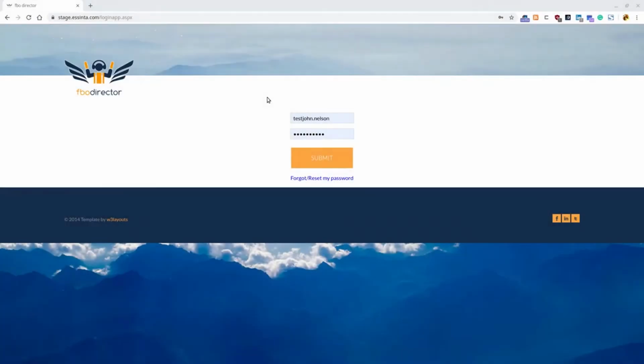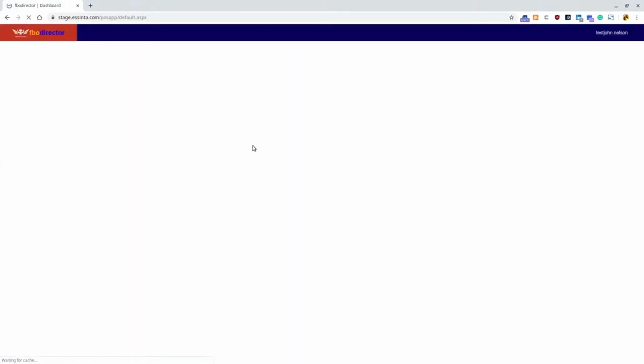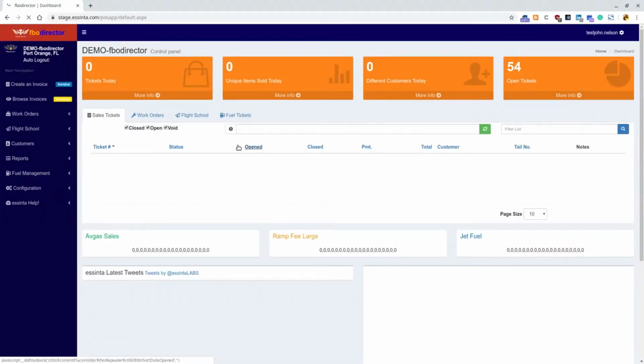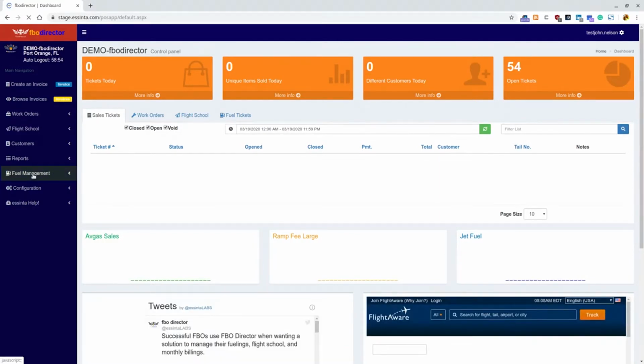In today's demonstration and training video, we're going to review SiteMinder and FuelMaster, two of the tools that we interact with FBO Director to simplify your operations. So first thing I'm doing is logging into the application, and prior to getting started with these two imports, whichever device you're using, you'll have to do some initial setup on your side and then